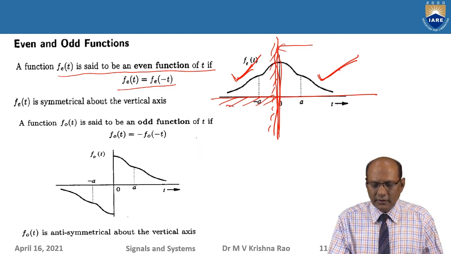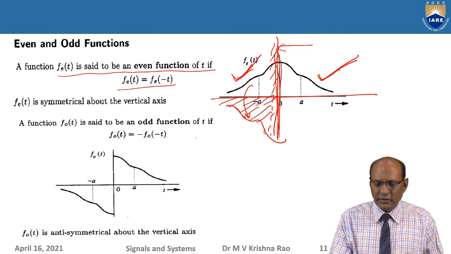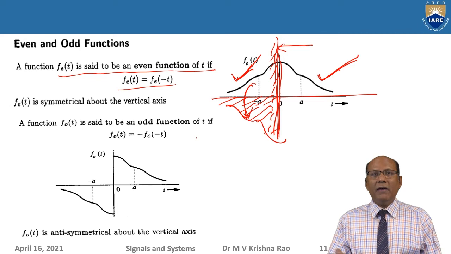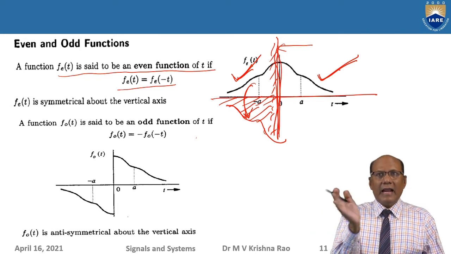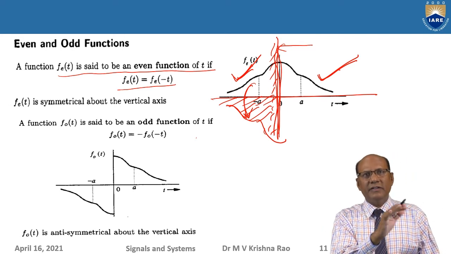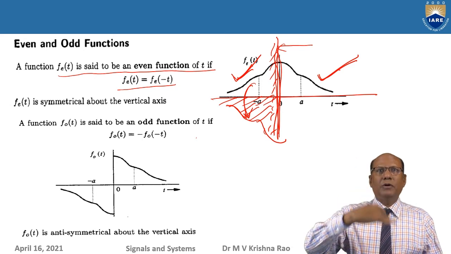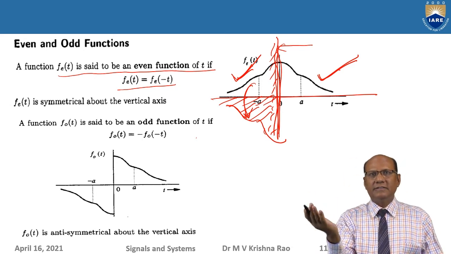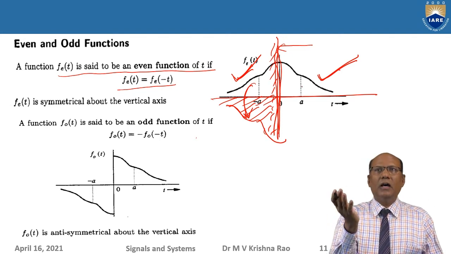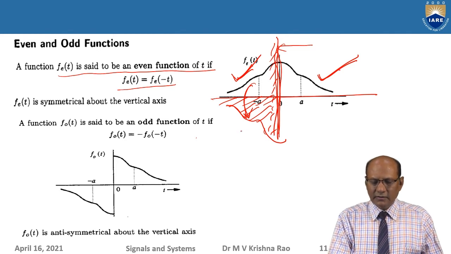This one will appear as something like this. It is the mirror image again. This is the mirror image of this part. After taking the lateral image, take the up-down image. This is lateral inversion. Mirror means lateral inversion. Afterwards, I am taking another mirror which is producing the up-down inversion. This is up-down inversion. This is lateral inversion. So first do the lateral inversion, then do the up-down inversion, then you will get the part.